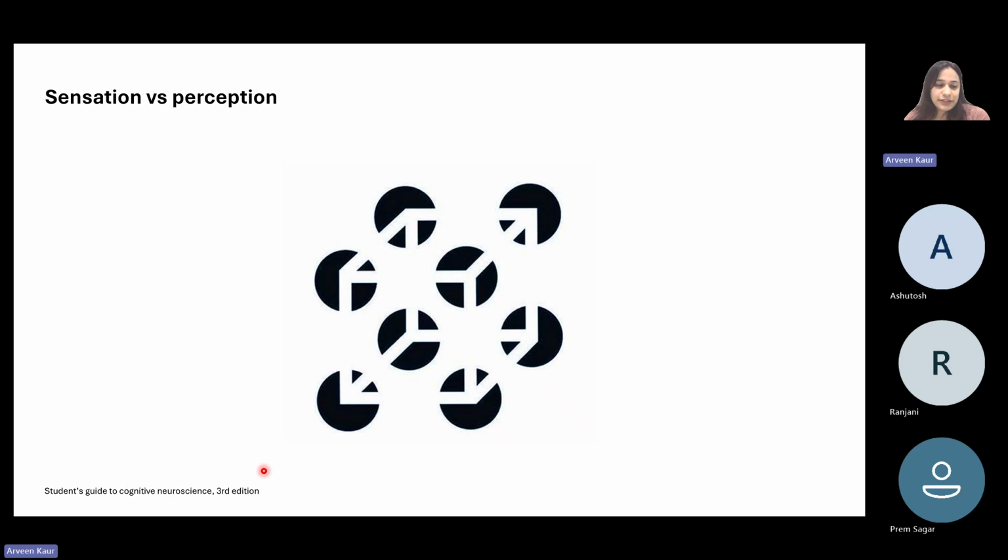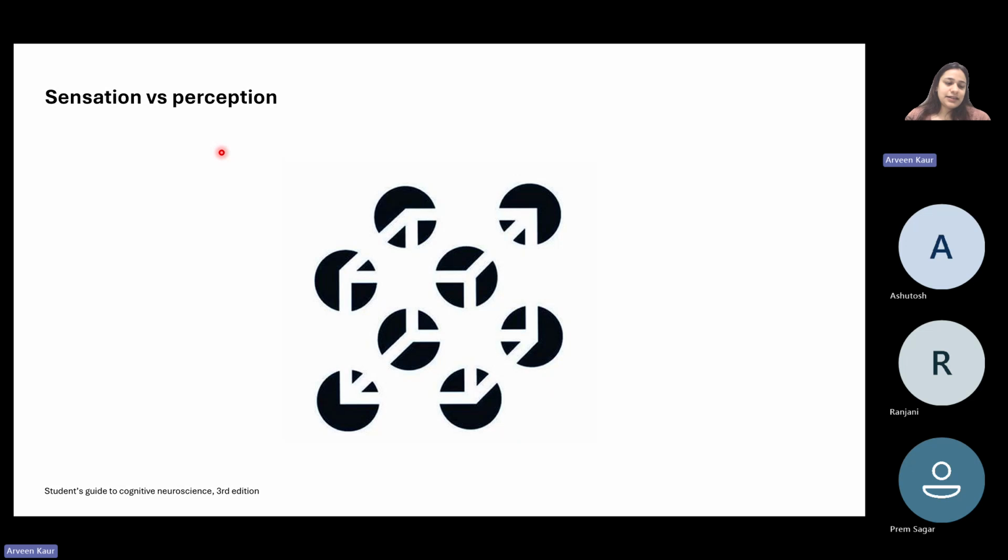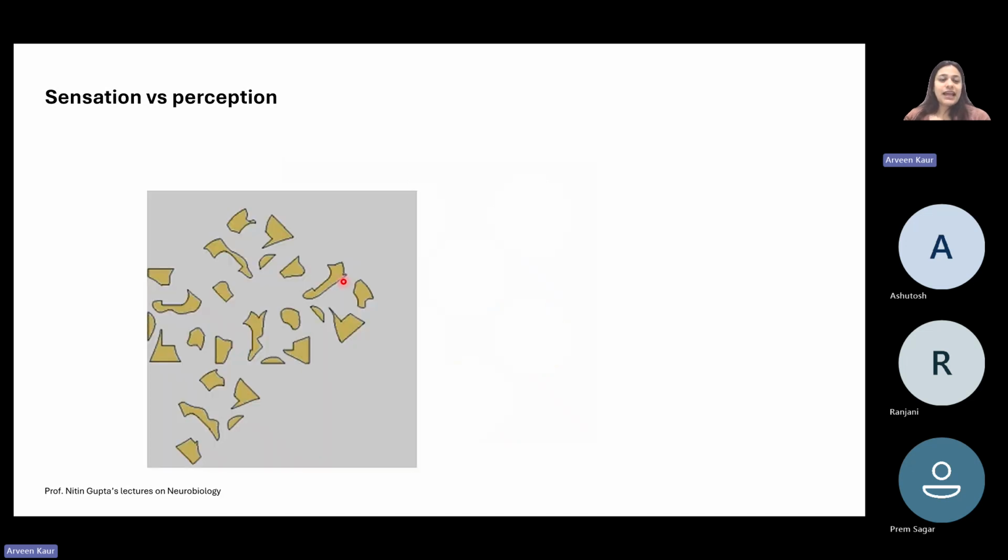Similarly, this is another kind of illusion, right? Over here, you can see how our brain perceives it as if there were multiple circles present, and on top of that, a cuboid kind of structure is drawn, right? But that is not actually the case, or it might not be the case, or it may be the case. We don't know, right? Then this is another very good example from Professor Nitin Gupta's course, which really brought light to this concept for me, right? So try to make sense of what this is.